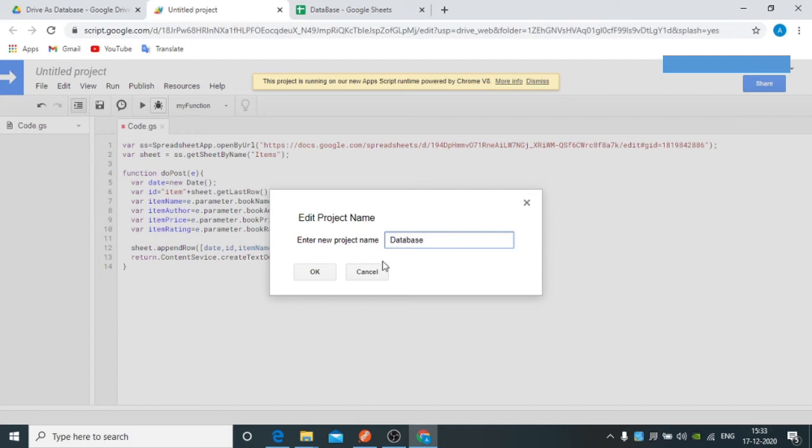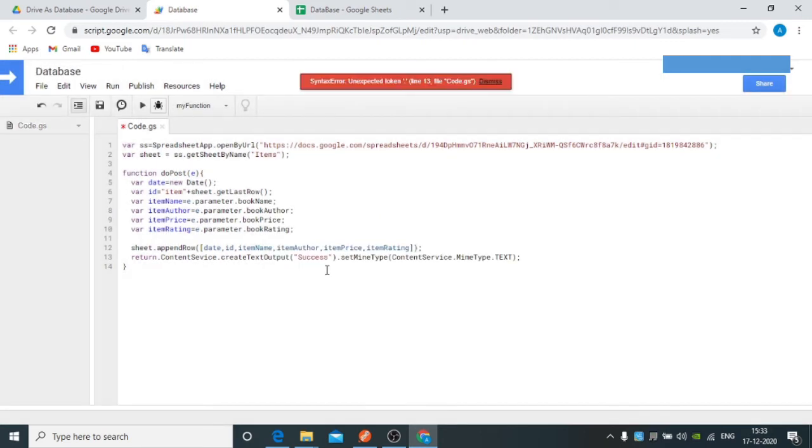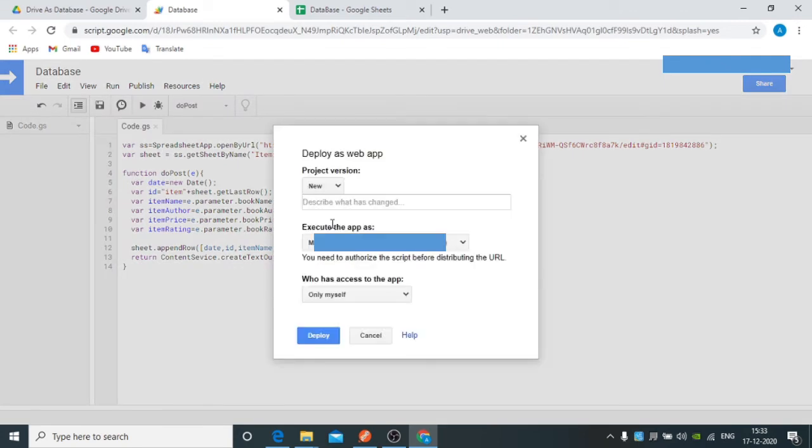First give a name to this app script. Here I have made a mistake in the return statement. There was a syntax mistake and a spelling mistake. Now click on Publish and select Deploy as Web App. Here you can write what you have done. That is not mandatory. Let's write something. Now select Access Permission to anyone, even anonymous, and press the Deploy button.